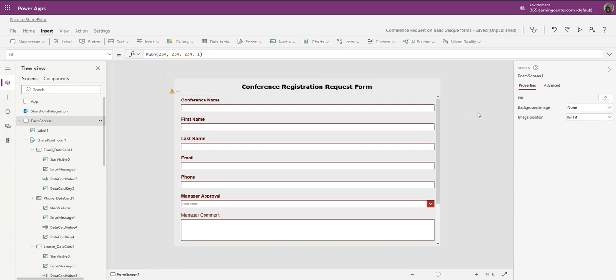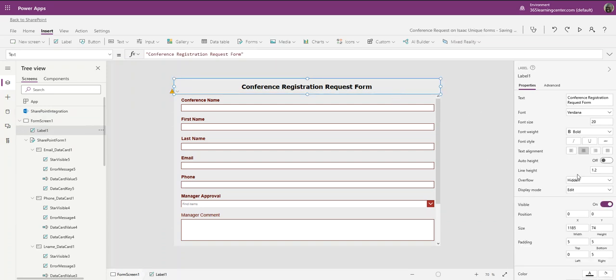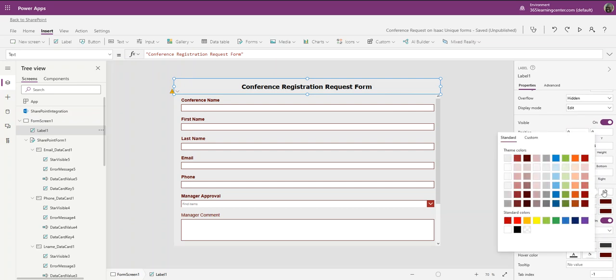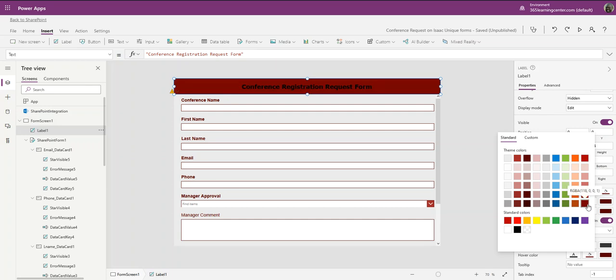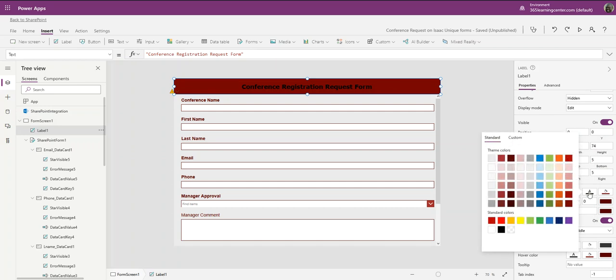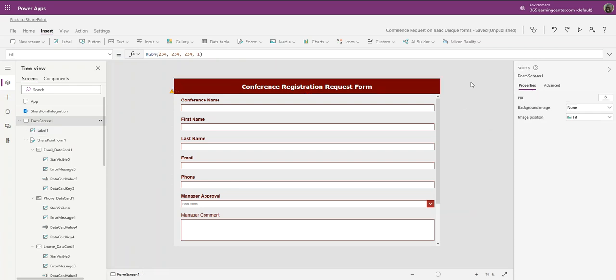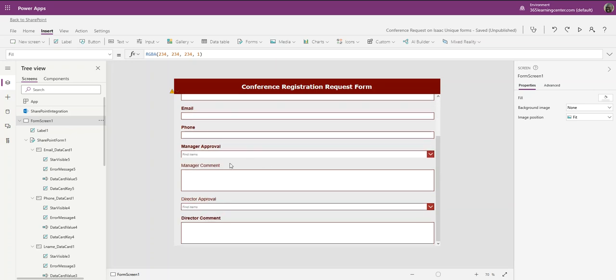All right, so let's also see if we can change the background color. Let's find something. Let's see, maybe that or this, maybe this to match the theme, I guess. But then I will need to change the color of the font. So let's go to white. There you go. Okay, so it's looking a little bit pretty now. Okay, nice, nice. So here is our form,